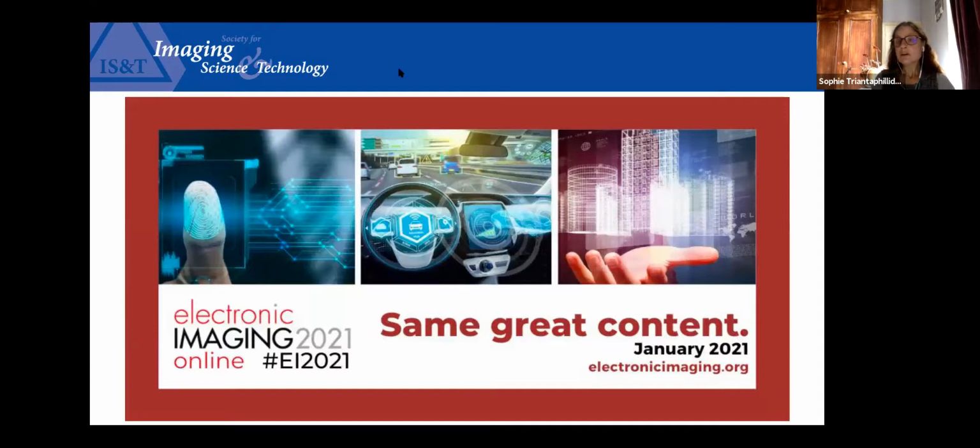For those who haven't heard, Electronic Imaging 2021 will be held online. The Electronic Imaging Symposium and conference committees are working right now to construct a program that offers the same great papers from academia and industry, with many opportunities to connect, communicate, and network as you would in person. Focusing on ways for people to interact is a high priority as we plan Electronic Imaging 2021.